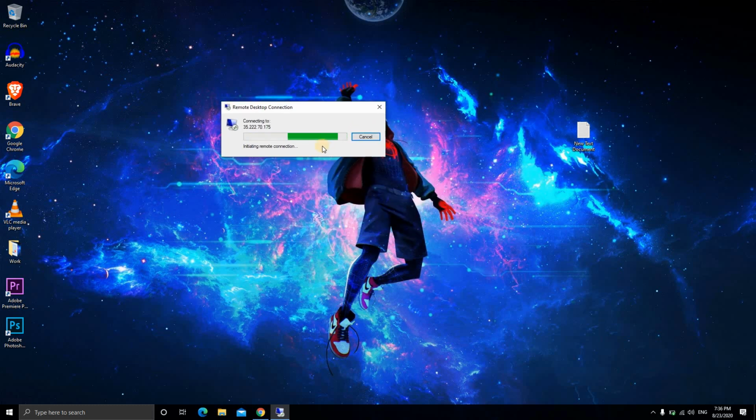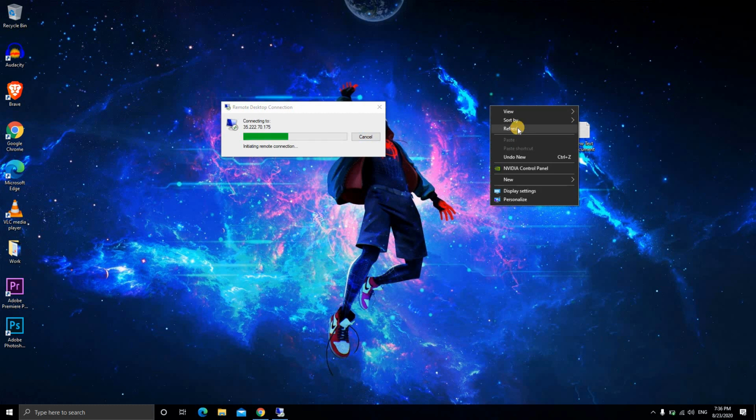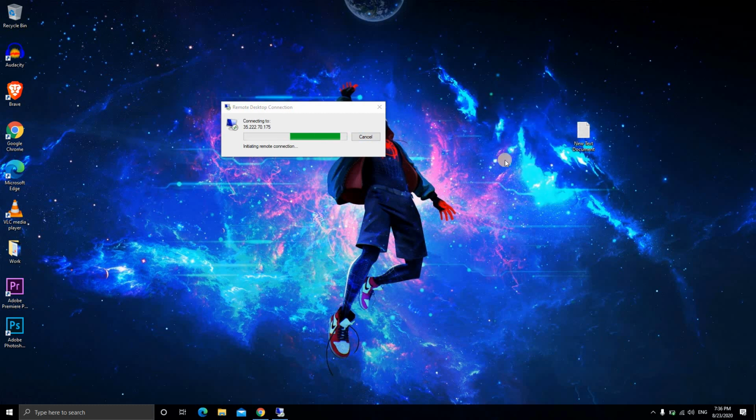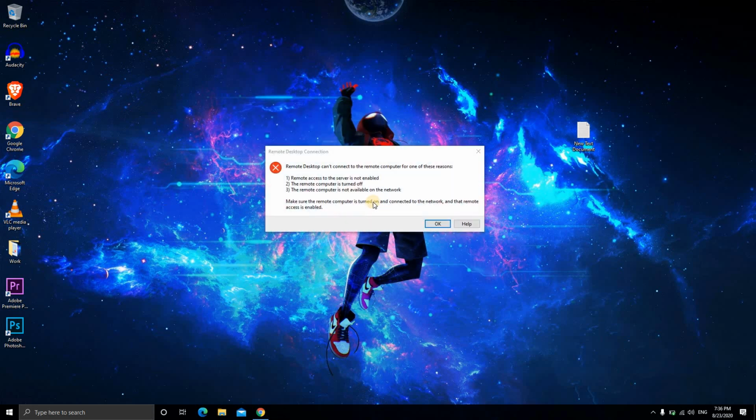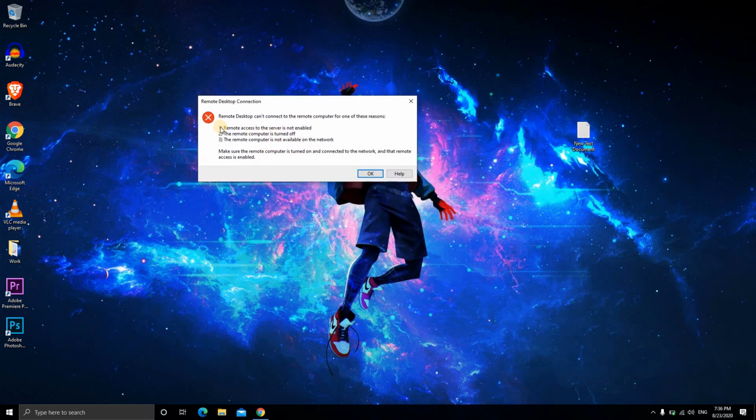So guys, I don't think it will be connected because RDP is not enabled in my PC. You will get a big box-like error, and it will be written that RDP is disabled in your PC. See, like this you will get. That means RDP is not properly enabled, or you have not installed RDP properly in your PC. This is for the people who use Windows 10 Home, not for those who use Windows 10 Pro. It is very simple for them. They just need to enable it and enter the credentials, and they will be logged in.